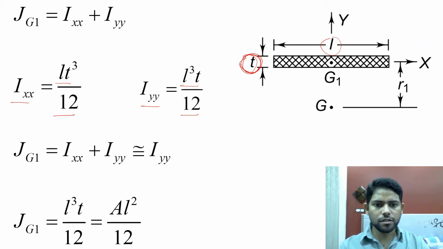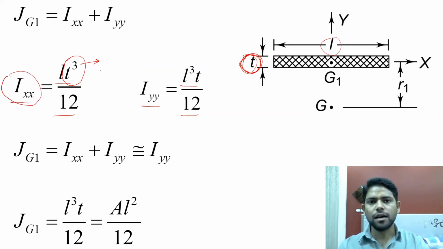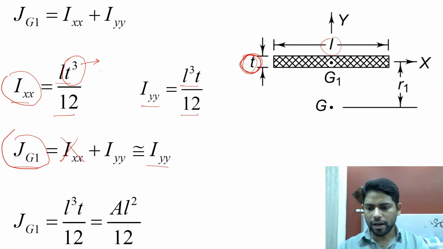This is the smallest length in the weld, and when you cube this quantity, it will be very small. So this complete Ixx is a very small quantity. That's why, in order to calculate the polar moment of inertia of the weld, we can neglect this Ixx. So your polar moment of inertia will be equal to Iyy, or L cube T